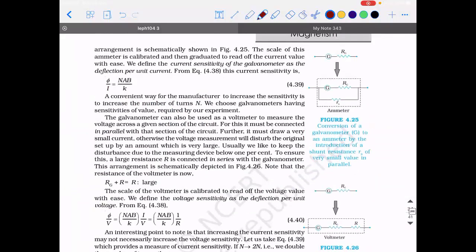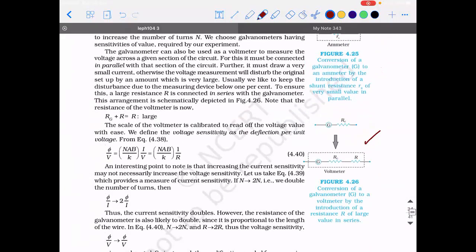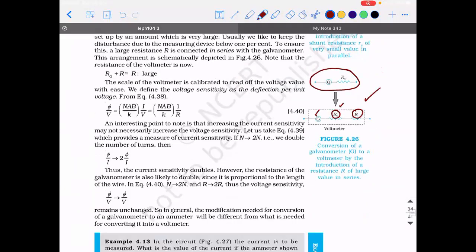You need to understand. Before that, let me show you certain things from the textbook. This is what an ammeter is. This is how a voltmeter looks. Here, what they did is they drew a separate value of Rg. Instead of that, I just took Rg here itself. So don't look at the textbook and get confused that this is one Rg, this is another Rg, and R. No. They just wanted to represent a galvanometer with resistance as something like this.